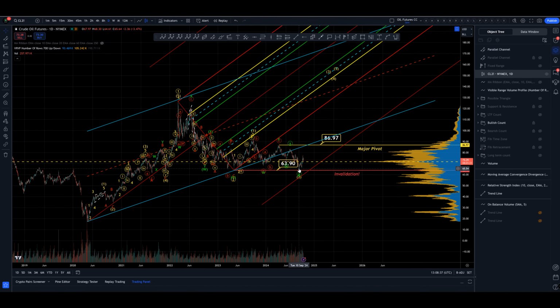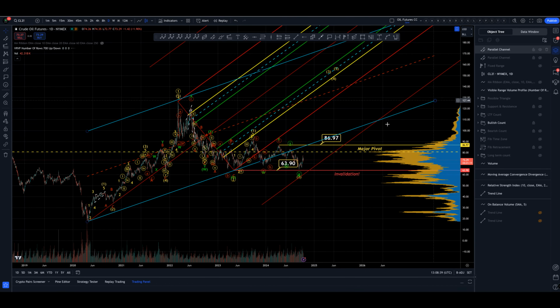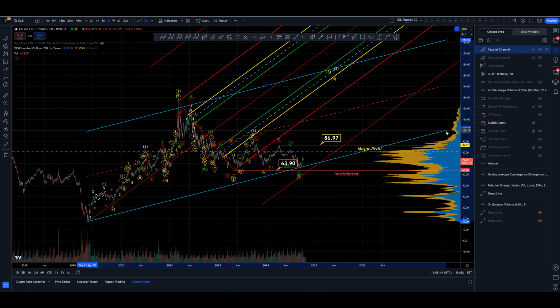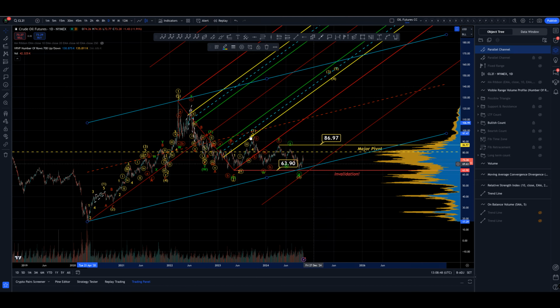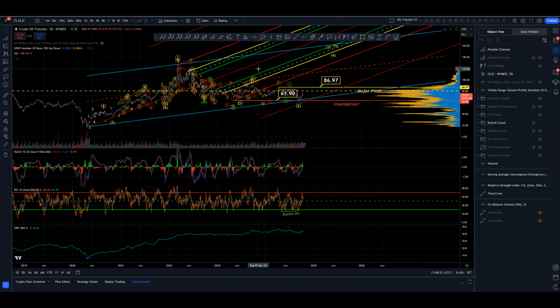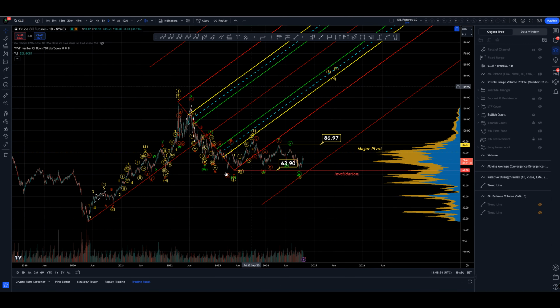If this low over here, the 5th or 6th of September this year, if that had been the low, we would have a much nicer look. So it does structurally feel like it wants to make a lower low. But we have come back to major support, and this is technically still the safest bet from a risk management point of view, to be bullish above the invalidation point. Break the invalidation point, all bullish bets are off in the short term.